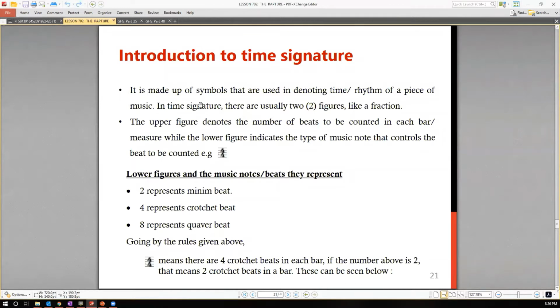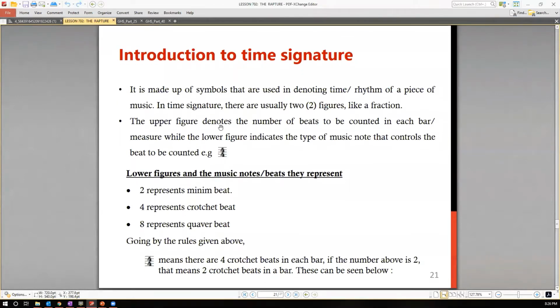We'll talk about that now. There are some terms here we'll try to explain. We'll quickly have a look at this one. So in each bar, it says